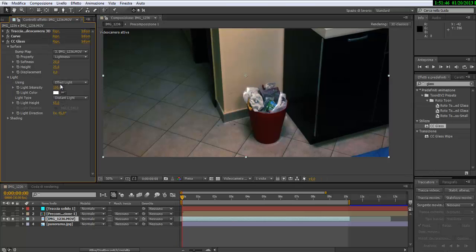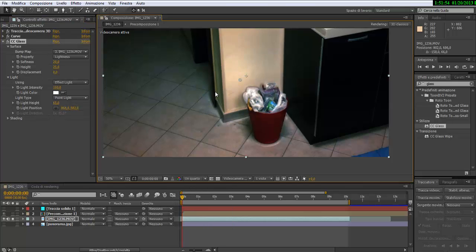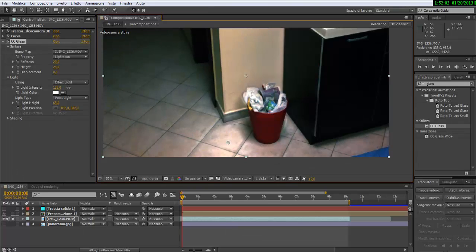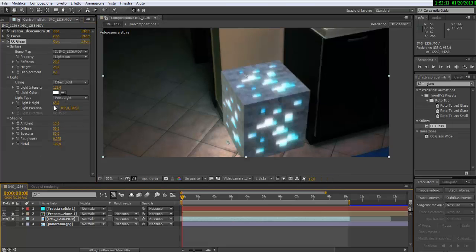In light, choose point light, adjust the point of the light. You can see that a light is created and matches all the scene, using a similar bump map, maybe. So decrease the ambient light,